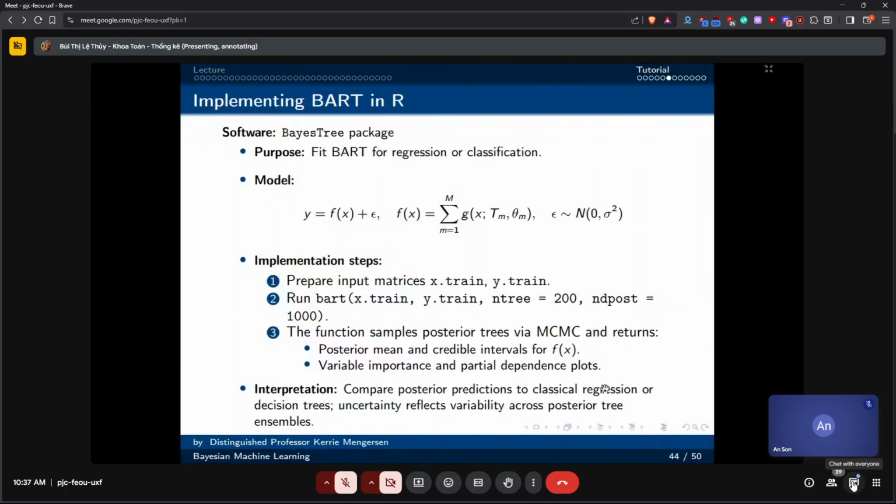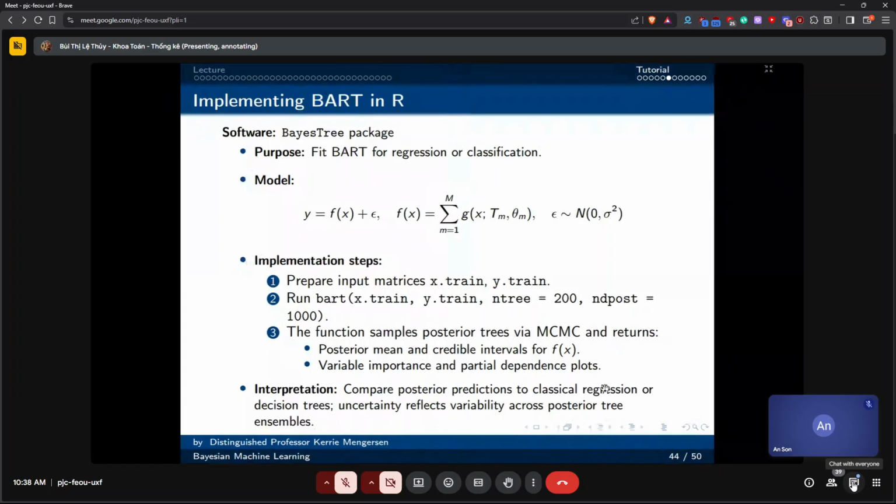Now, when I want to do BART, as you've seen before, we can use a number of packages. In the R code, I've shown you to use BART and also BART machine, okay? There's also another package, Bayes tree, which will fit these as well. So you can fit BART for regression or classification. You can do that in any of the three packages, Bayes tree, BART, or BART machine. They have slight differences in terms of the type of output, the visualizations, and that, but basically they give the